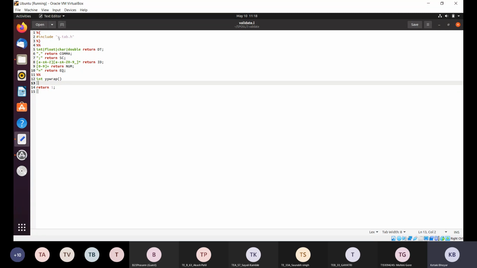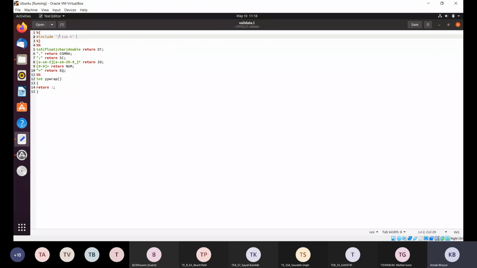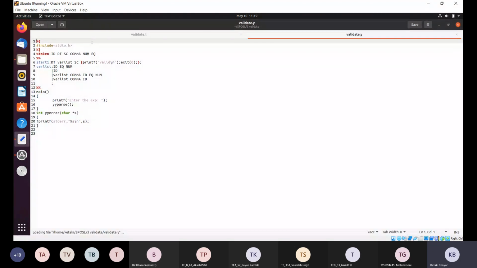Okay, so यहाँ पे सबसे पहले हमने hash include y.tab.h include किया है. Now why this? For this thing you need to see the YAC file. Okay, yes, see, this is the YAC file first. Whenever we run the YAC file, okay, what are the different steps to run the lex file? We are typing lex file name .l first.